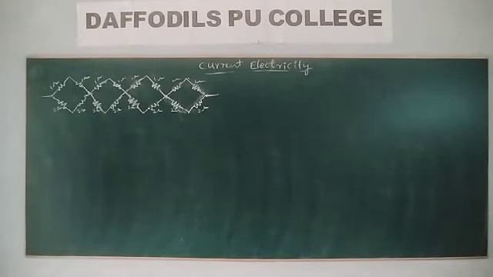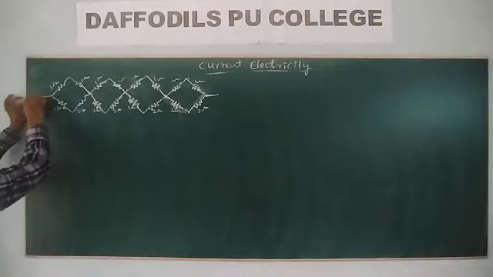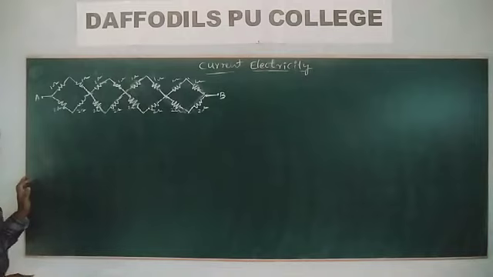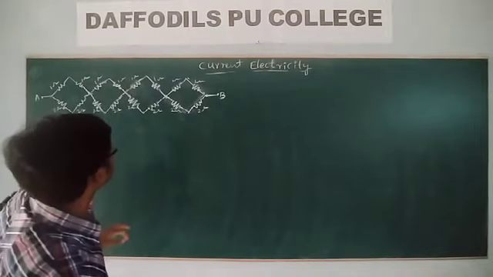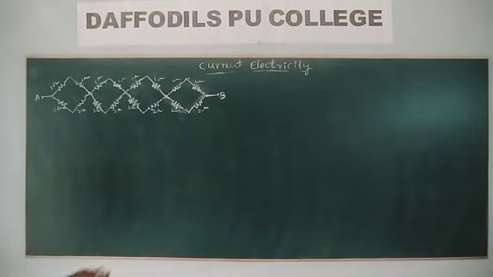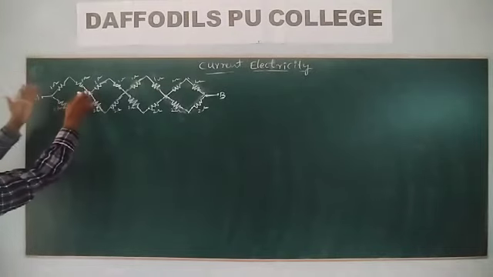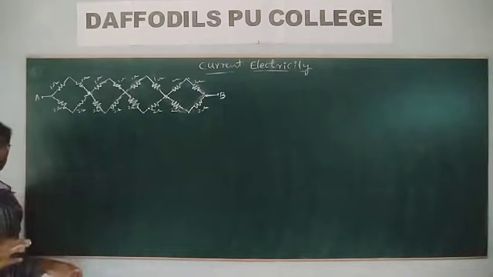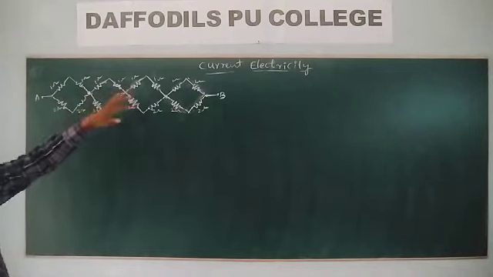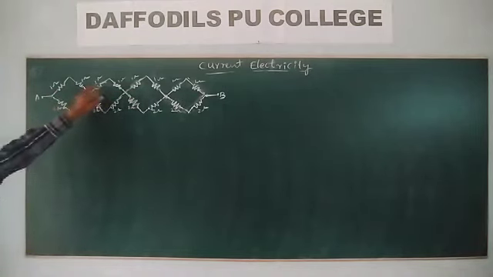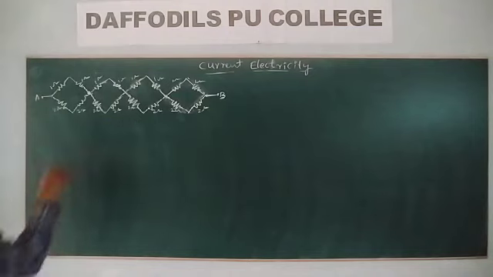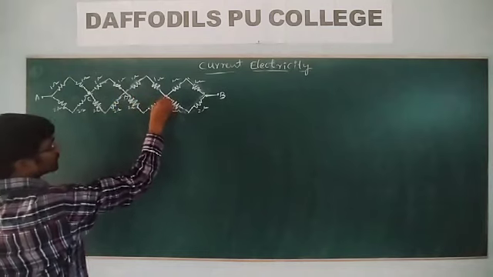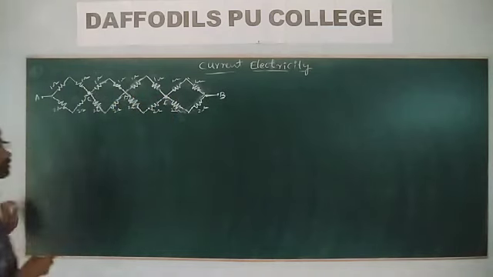Calculate the equivalent resistance of the network between A and B. Equivalent resistance between A and B. So let us see here. Let us take this as one loop, this is one loop, this is one loop, this is one loop, and you can see all are identical loops: 1 ohm, 1 ohm, 2 ohm, 2 ohm. The remaining are the same. Let us take the points A, C, D, E.